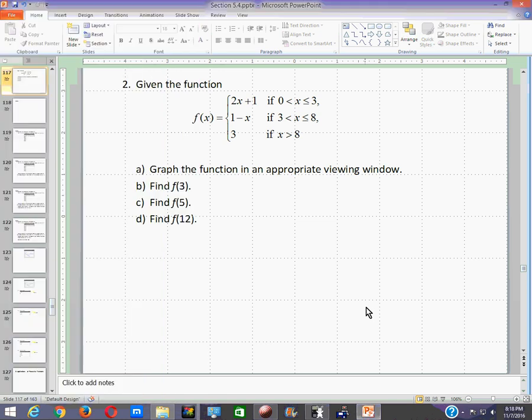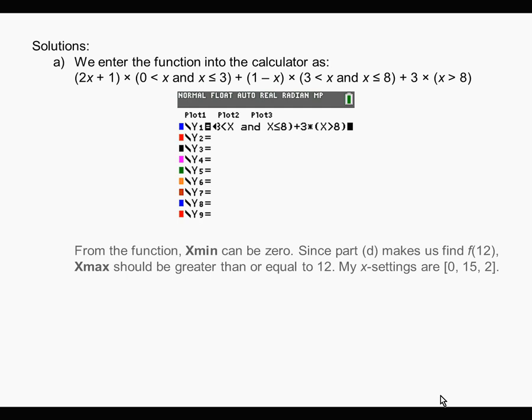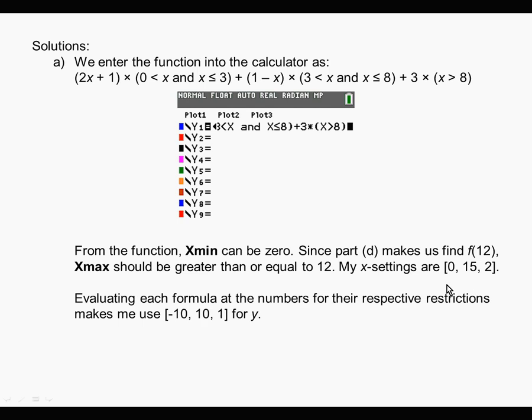Okay, now let's set up our window. For the window, the x-min can be 0. Now, because part D makes us find f of 12, I should at least go out to 12. I chose 0 to 15. So now, for the y. Again, remember, part D was f of 12. That's why I had to go a little bit past 12. For the y, when we evaluate each one of the functions, each piece of the function at those,